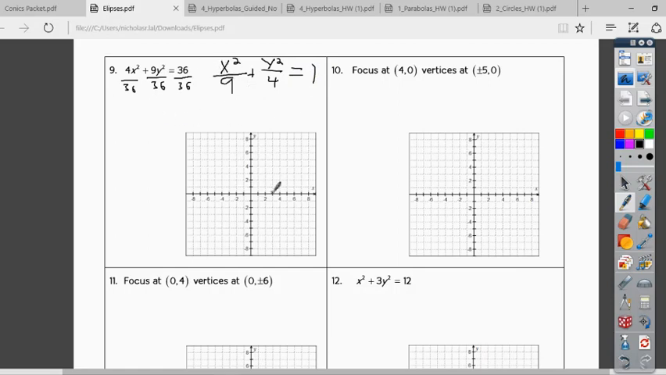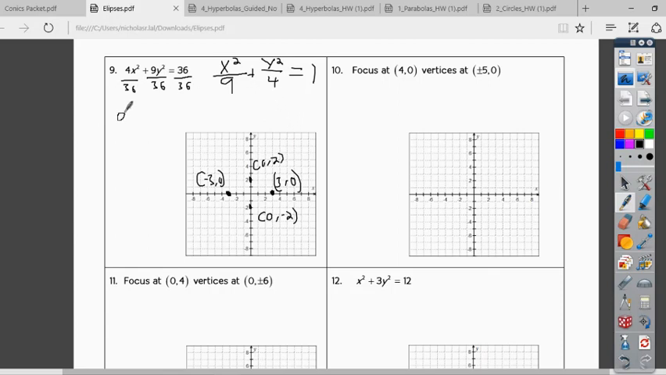So the square root of 9 is 3, so we'll have vertices at 3, 0, -3, 0. We also have vertices at 0, 2, 0, -2. And looking at our foci,